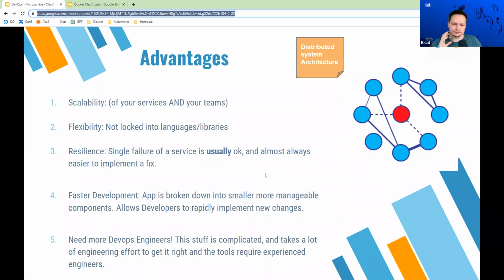So we talked about some of the disadvantages. Let's talk about the actual advantages. Why we're putting in all this work to get microservices to work, right? There has to be some advantages, and these here are the 5 main advantages, in my opinion. So scalability. Microservices can be individually scaled up.